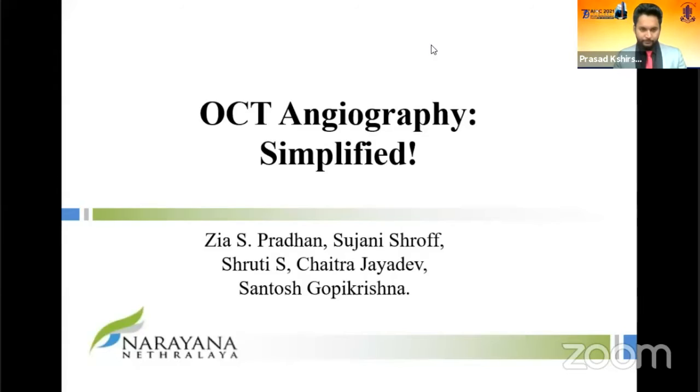So this is a basic course. It's targeted for people who have just started using OCT angiography, starting to look at images, not completely familiar with the technology, and sort of fiddling around with the machine, but still need a little bit of input on how to get the best of the machine that they have. And there'll be 5 of us who will be dealing with different aspects of OCT angiography.